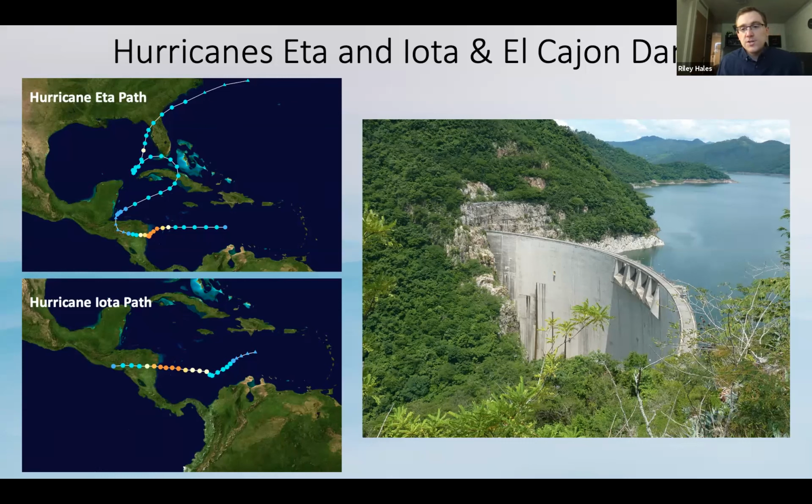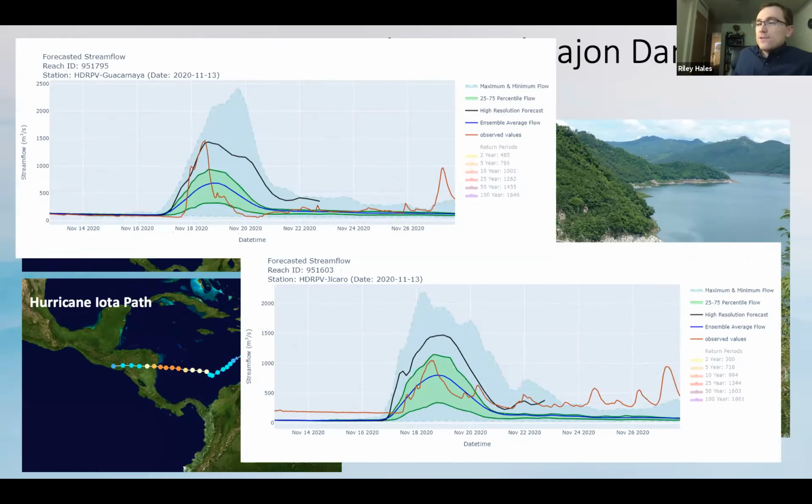So they've now got a reservoir nearing capacity, and they have limited forecasting capabilities, which were dampened by the first hurricane. And the dam operators were left with a hard situation of how do I control the releases from my reservoir so that I can be prepared for the coming hurricane, but I also don't want to lose too much water that I've just collected in the storm. And they have all these competing needs. And so they need good information, which was in short supply. So they used the GEOGloWS service to guide them during that process.